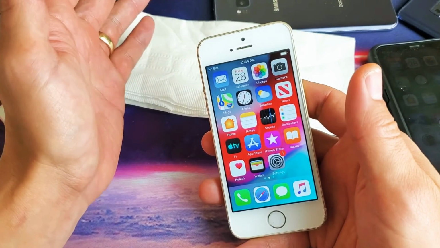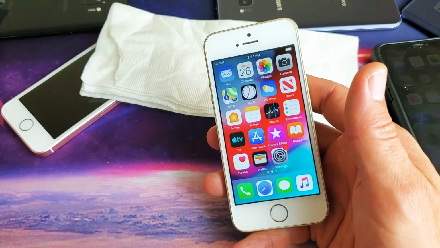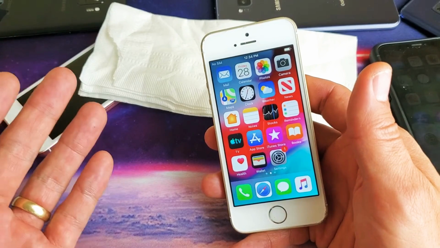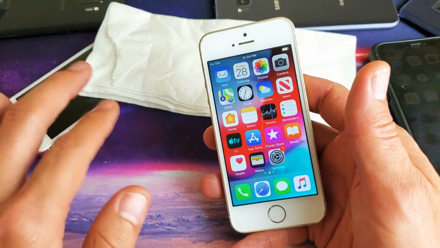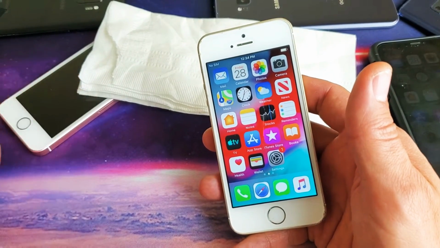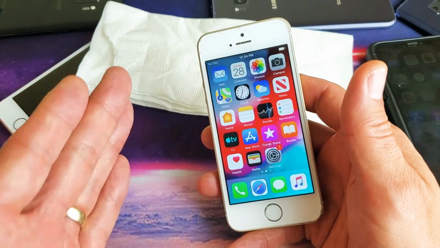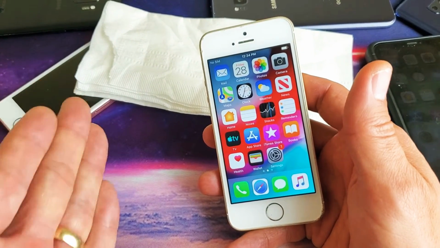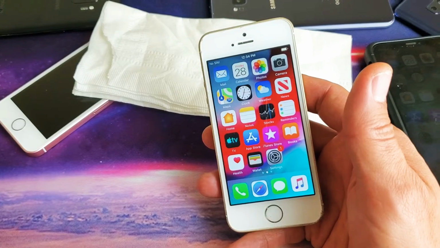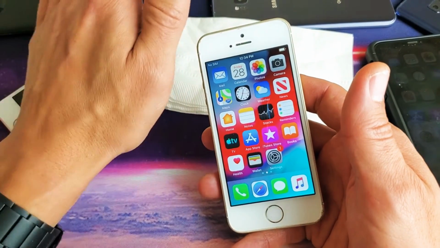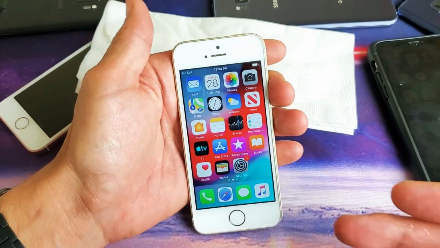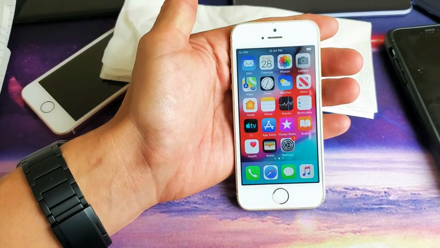Now another thing that I have to mention too is, guys, sometimes it's not just one method that gets your camera back up and running. Sometimes it's a combination of 2 or 3 methods. If none of these options work for you, guys, go back and try every single step 5 or 6 more times. Okay, now the last step that I have for you is basically you can do a factory reset, which